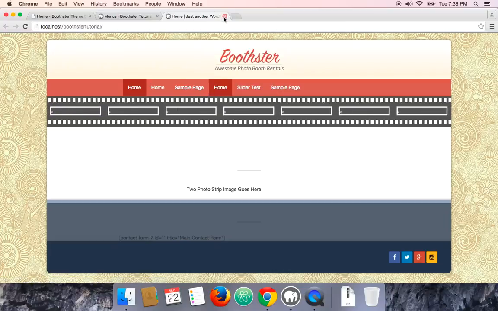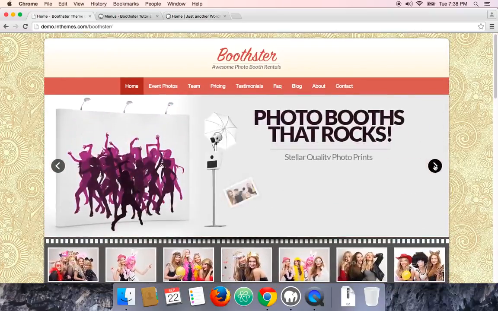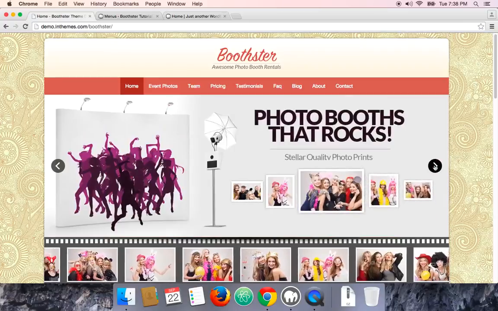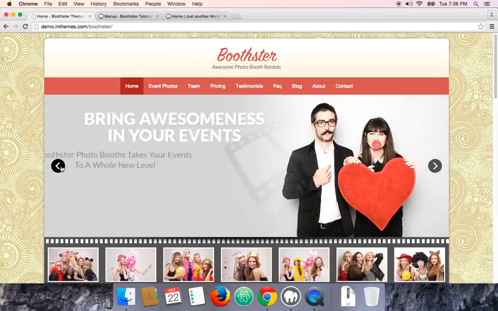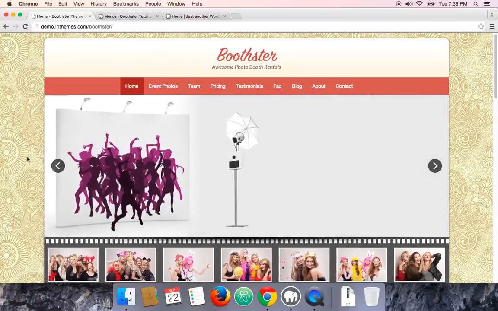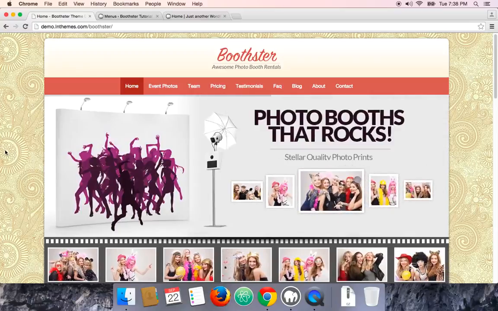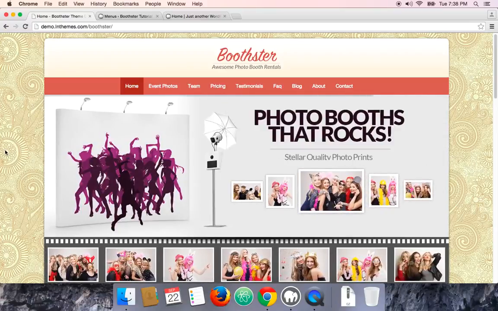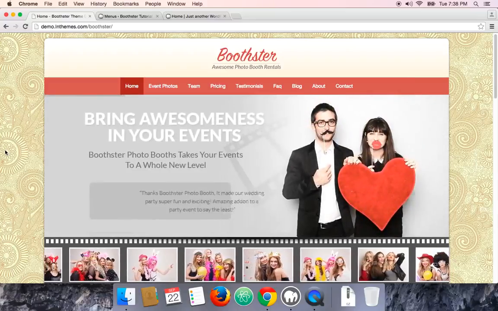Okay, so the next part is the slider, the revolution slider. We'll take a look at the theme demo first, how it looks. You can see in the theme demo here, this is the revolution slider, which has custom created slides. For your convenience, I have supplied the import file that you can use to import the same slideshow, or else if you want to create a new slideshow from scratch you can do that as well.